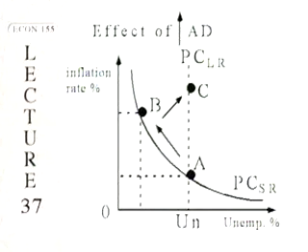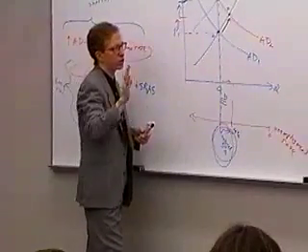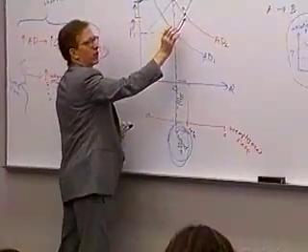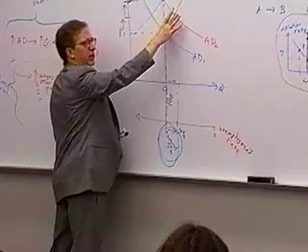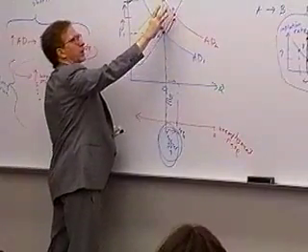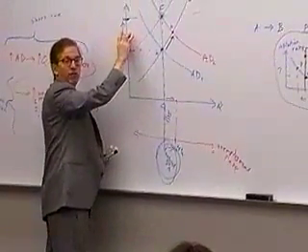Let me do it again. Aggregate demand shifts from AD1 to AD2. Let's trace the short run and the long run effects. In the short run, there's extra spending, and that extra spending causes some increase in prices, some inflation, but